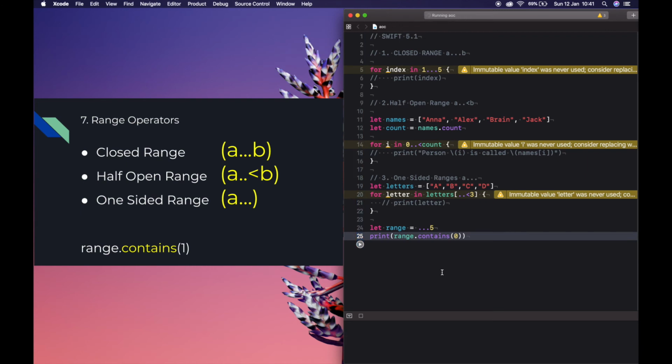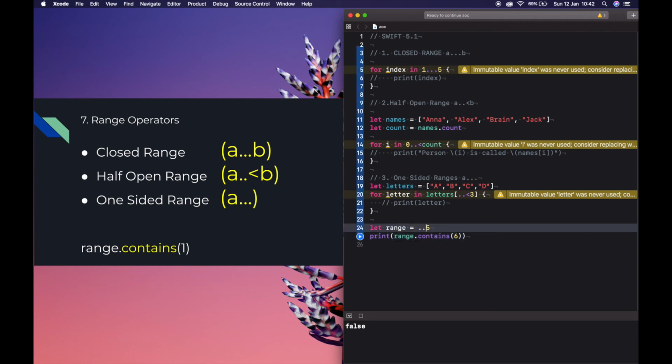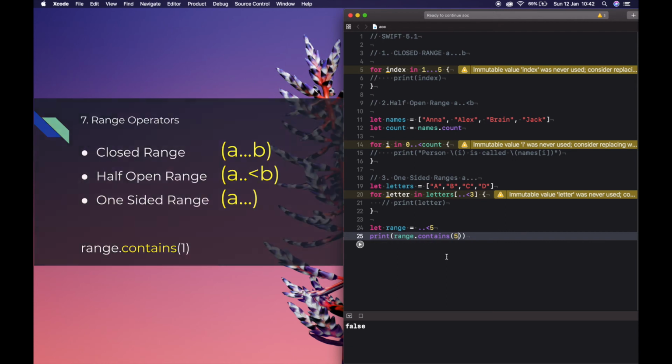This will print true, right? Then 5, this also will be true, and if we print 6, this will be false. We can check that with our half open range. This will be false. Okay, this is how we can use the range operators.